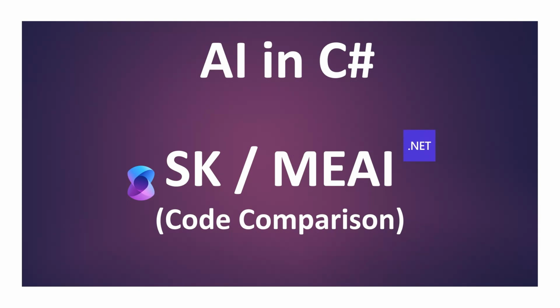I have a previous video where we talked more high level and concept based about the differences between the two. A short version is that Microsoft Extension AI is a low level version, and then we have Semantic Kernel, which can do more advanced stuff. But let's talk about Semantic Kernel going into maintenance mode and being replaced by something else. There's always this: oh, can I just use Microsoft Extension AI?